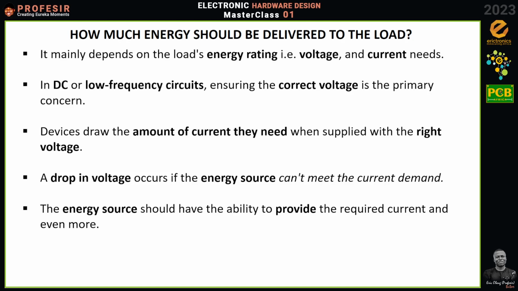Now, it only becomes an issue when the current is not enough, not up to what the device requires. So if I want to power a 9-volt lamp, which requires 1 amp of current, I could actually connect it to a power source that can deliver 9 volts and even 1 million amps. Still, the load is just going to pull that 1 amp that it needs. It is never going to pull more than that. The moment you see that the load is pulling more than that, then it means something is wrong.